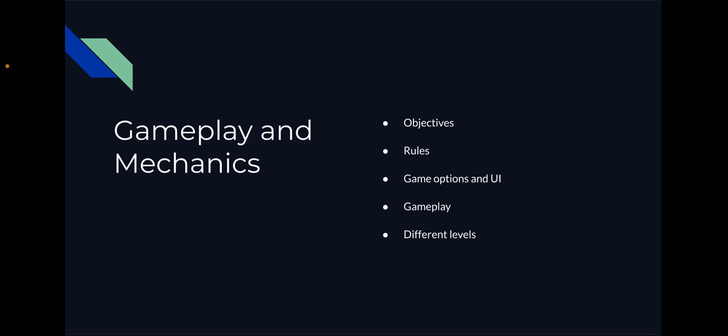And then the gameplay, I want to use as many challenges as I can in order to keep the game entertaining. I really want to test both the player's mental and physical abilities, and I think that the more variety of challenges that my game has, the more fun it will be for the player.